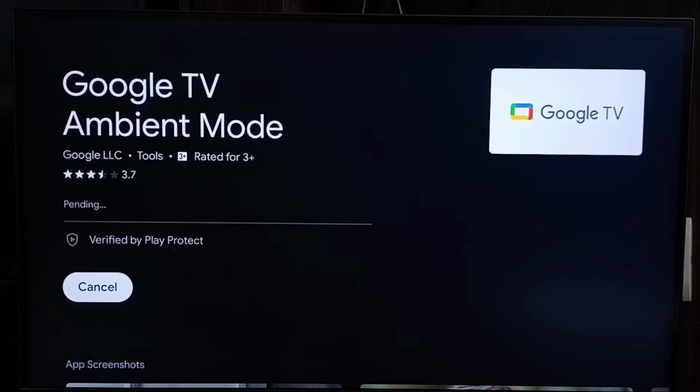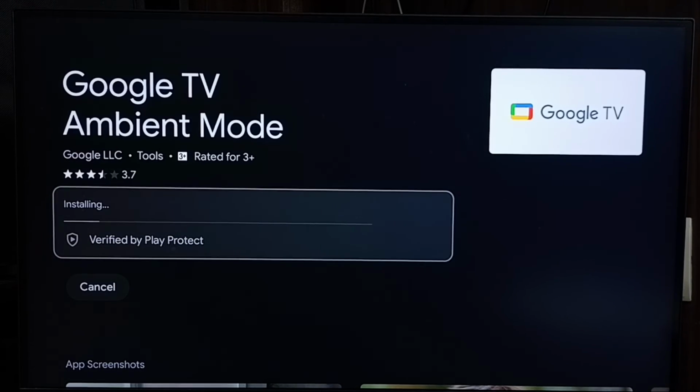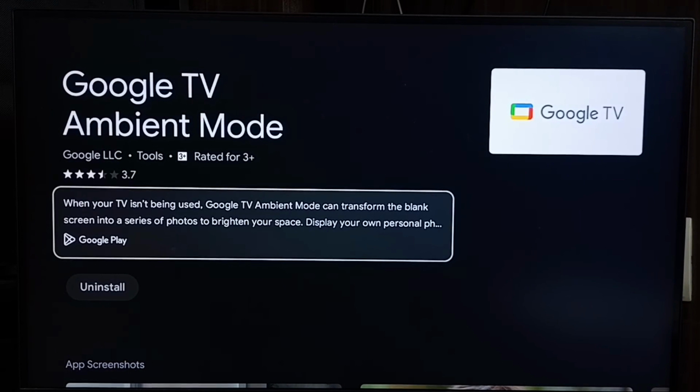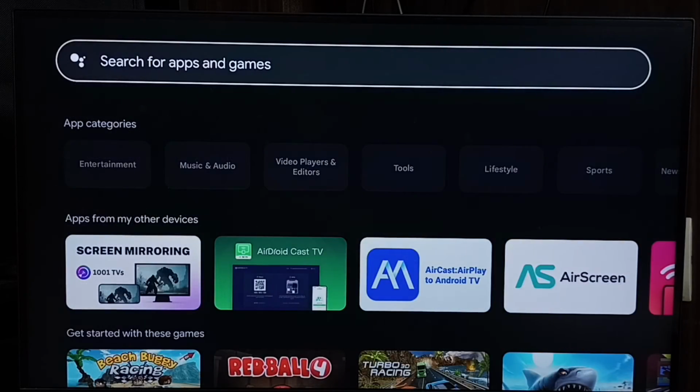Now I am updating this Google TV Ambient Mode system app. Please wait. Okay, done, updated. Let me go back to